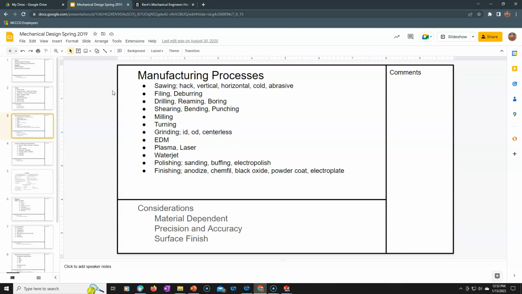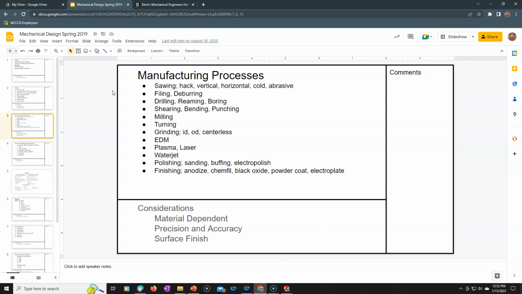Decent finish, but it's able to go through very hard materials. Not unlike plasma, laser, where you're generating electrical or a beam to perform the cutting. Water jet uses water and a fine media powder, so sand,